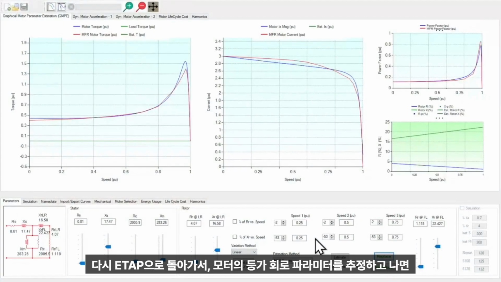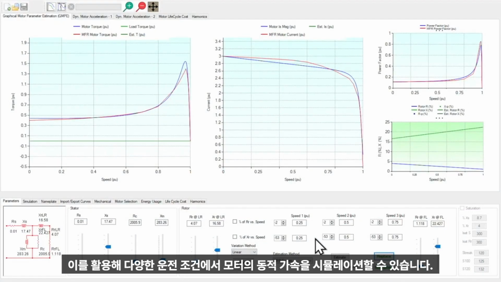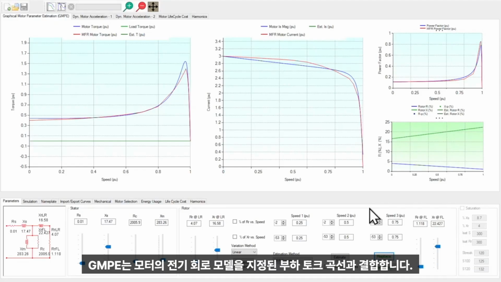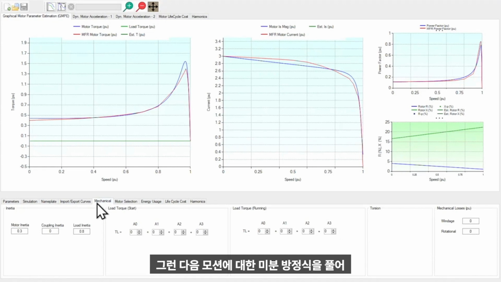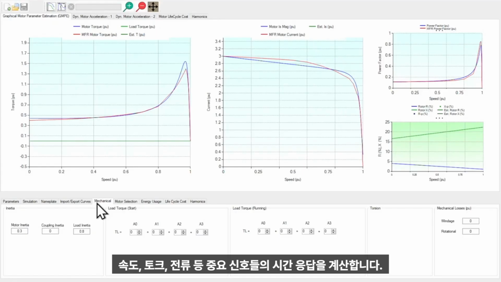Switching back to ETAP, once we've estimated the motor equivalent circuit parameters, we can use them to simulate the motor dynamic acceleration under different operating conditions. GMPE combines the motor's electrical circuit model with a specified load torque curve, which can be entered through the mechanical page, for example, a fan load, a pump load, or any custom mechanical torque profile, and then solves the differential equations of motion to compute the time response of important results such as speed, torque, current, among other important signals